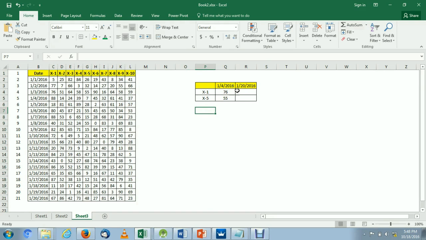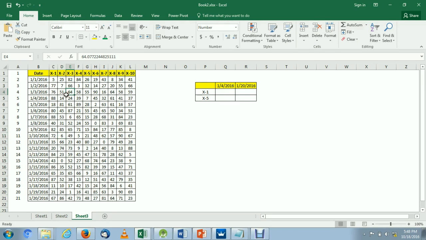Now we will try to find out what is the mark for x1 on 4th of January 2016 and 20th of Jan 2016. The same for x5. So here, as per the definition, we will try to find the value from the row.